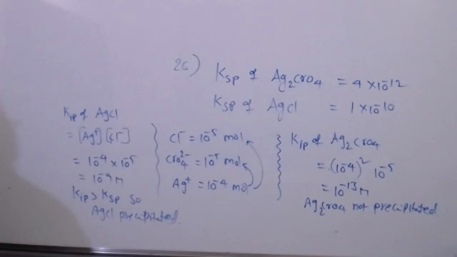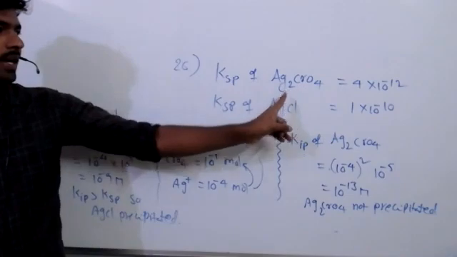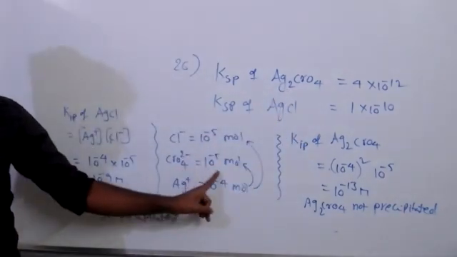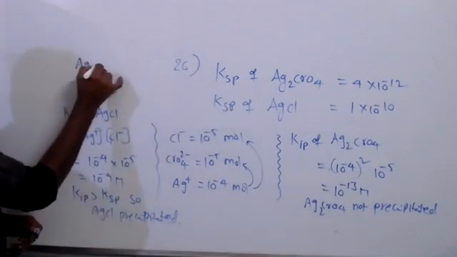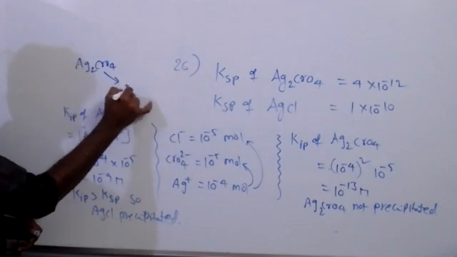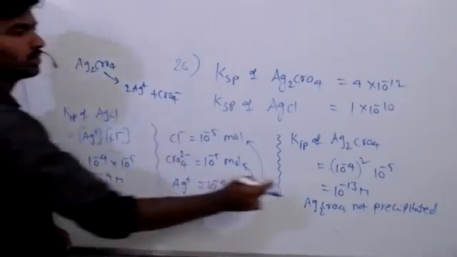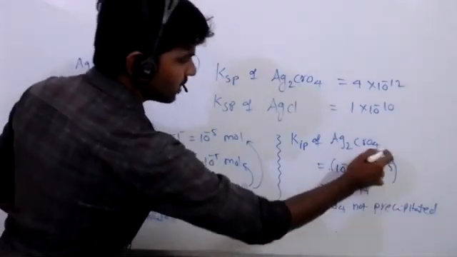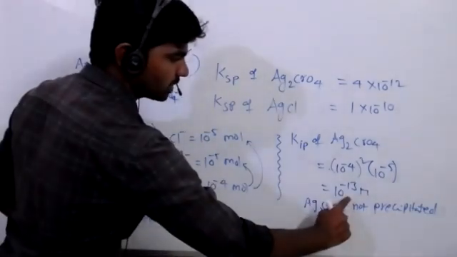So here, in most problems they give the solubility product, and we just calculate the ionic product. Here the ions are silver ions and chromate ions. Silver ion concentration is given, chromate ion concentration is also given. We are just multiplying these values. Silver chromate undergoes ionization giving 2 Ag plus ions and CrO4 2 minus, so I took Ag square into CrO4 concentration 10 power minus 5. Just multiplying both, we got this value.